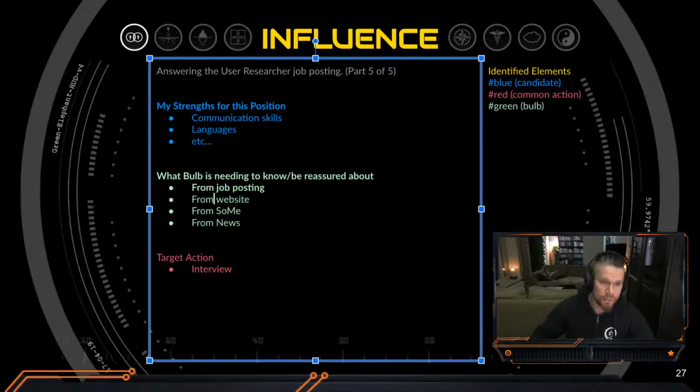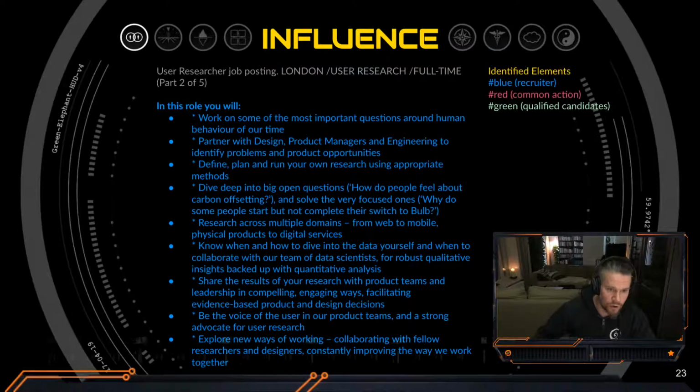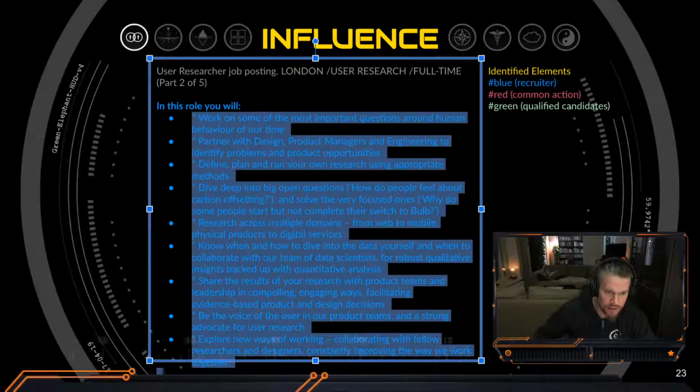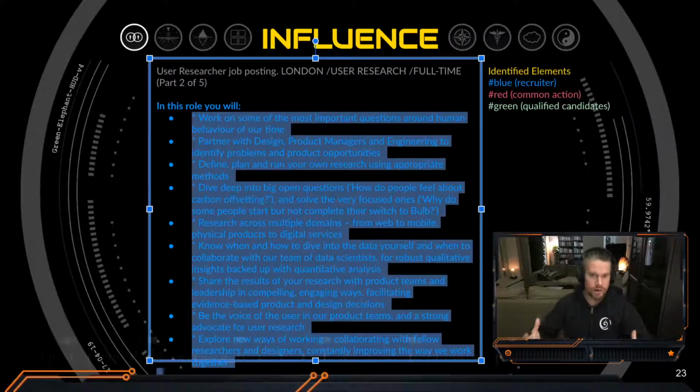So what is bulb needing to know to be reassured and potentially go to the next step of an interview? Well, there's what you know from the job posting that was above. So you can obviously take a whole list of, and this is where it would be easier if they had actually simplified it into 3 to 5 buckets. What would be the role description elements here? You could take 3 to 5 of those